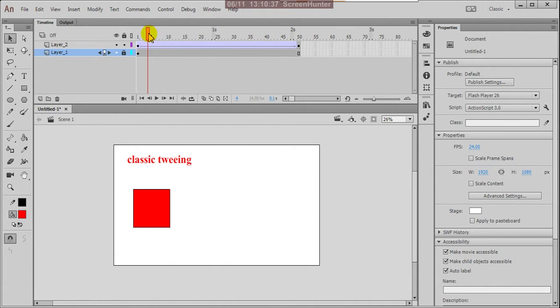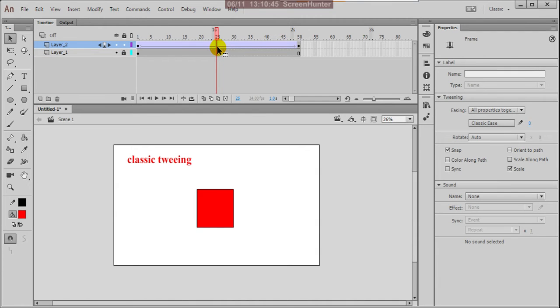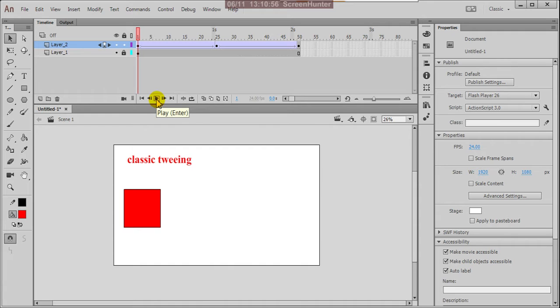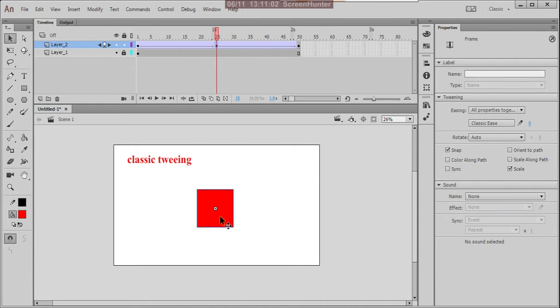So for that, what we do, anywhere here, right click and insert keyframe. We added one more keyframe, but there is no change. If you click play on the timeline, it is moving as it is. But when you place a keyframe, change the direction.